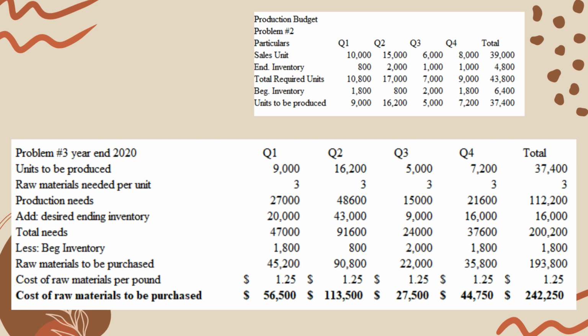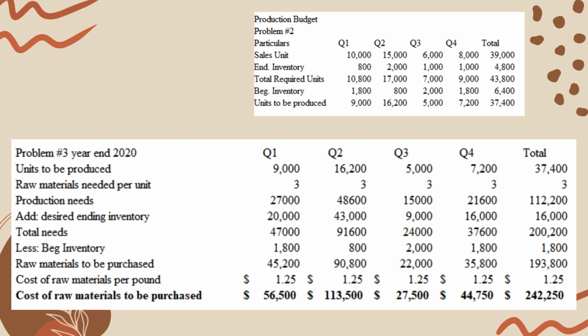So this is just the same as problems number 1 and 2. It's just that the given values are different. So we will still be needing the production budget since to start the direct materials purchases, we need the units to be produced per quarter. So for quarter one, it's 9,000, and the raw materials needed per unit is 3 pounds that was given. So we will multiply it, and it will come up to 27,000 rather,